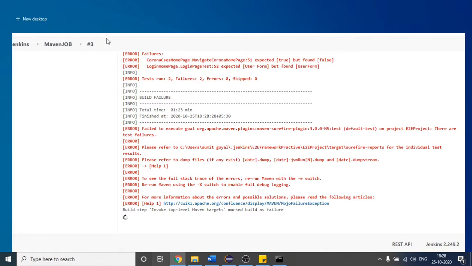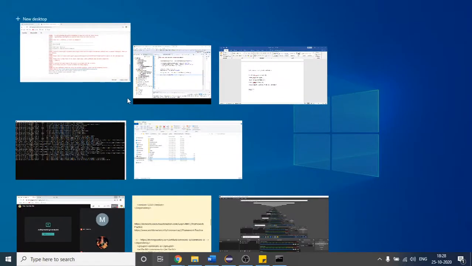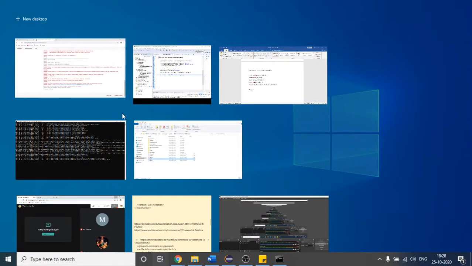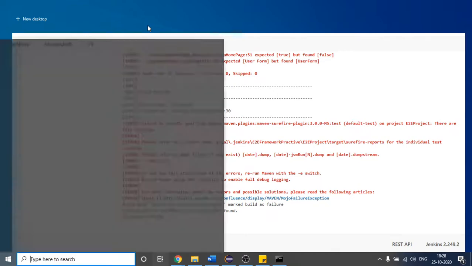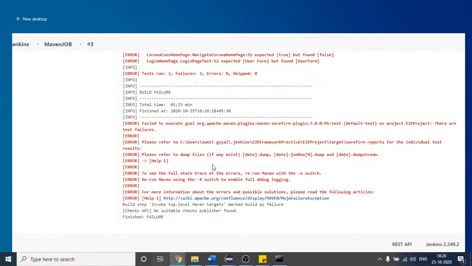I don't know why I am getting that window like that. How can I... Okay, so after the execution of the test case, what we will see if I refresh my... okay, I'm not able to open.